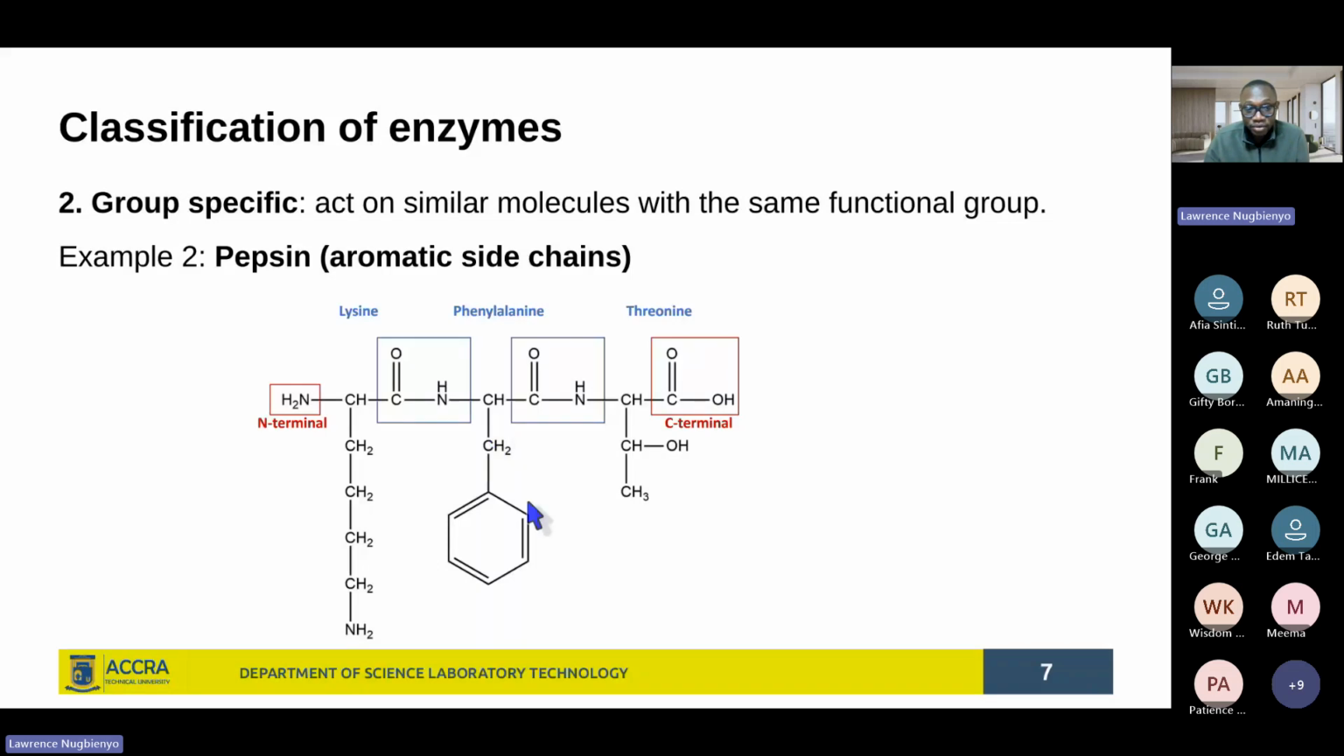hydrophobic side chains are involved in, which means pepsin will come and break these bonds between phenylalanine and threonine and phenylalanine and lysine. So those are the bonds that pepsin will be involved in breaking down. And so it's group specific because we just saw that amino acids with the aromatic side chains were 3. So it means that even if you take only the amino acids with the aromatic side chains, you are already